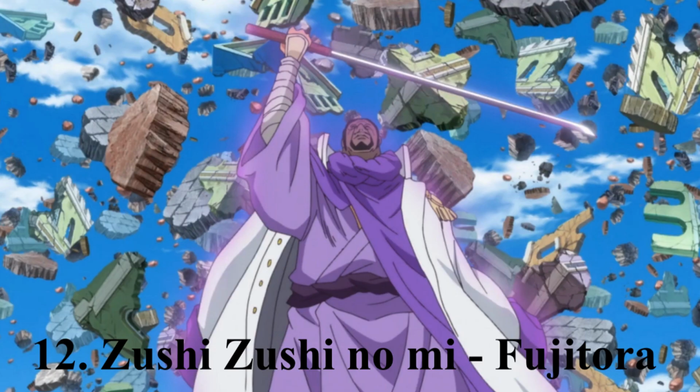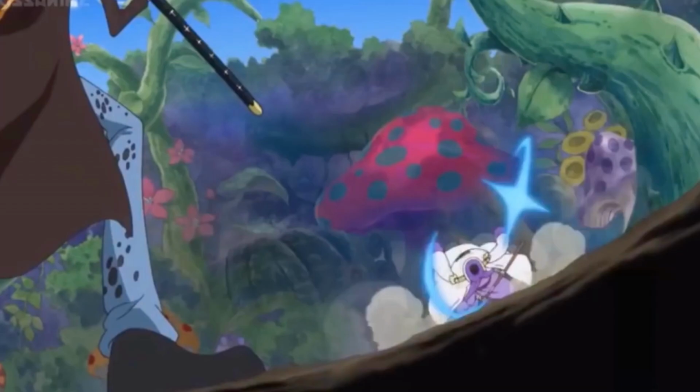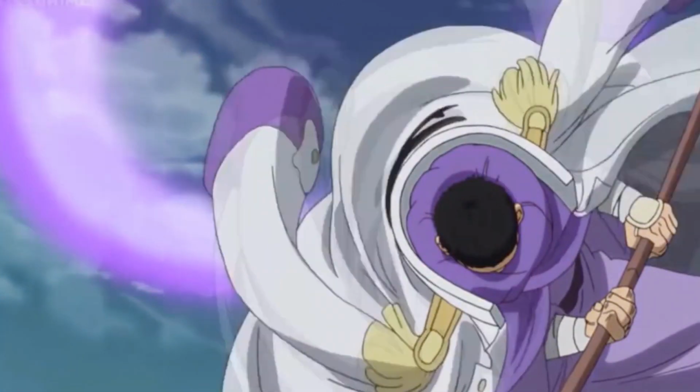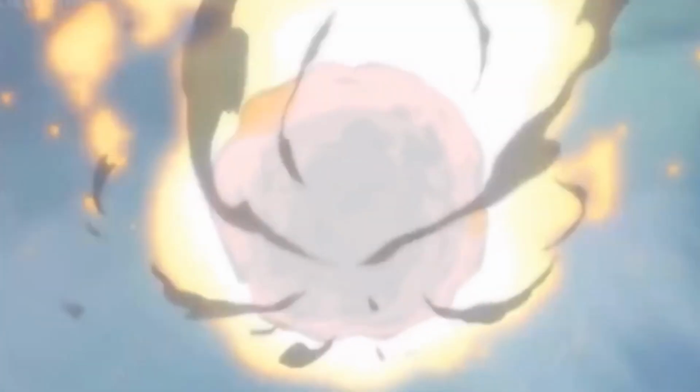Number 12, we have the Zushi Zushi no Mi, which is the Press fruit, or Gravity, with Issho Fujitora. This fruit I wanted to put higher up. I don't know if 12 is enough for it, but it's just that every other fruit that I have higher up on this list, as I'm looking at now, is extremely impressive as well, and I had to put them above Fujitora. But usually, if you were to say this is a top 10 Devil Fruit, I would agree with you,